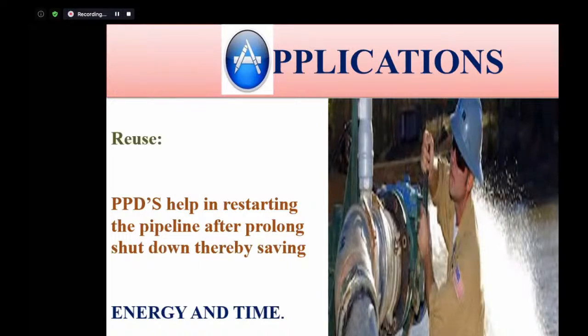Now, either you heat the complete pipeline, apply steam into the production tubing, or the second option is to use the chemical method. If you have used a dosage of PPD, it will help you in restarting the pipeline